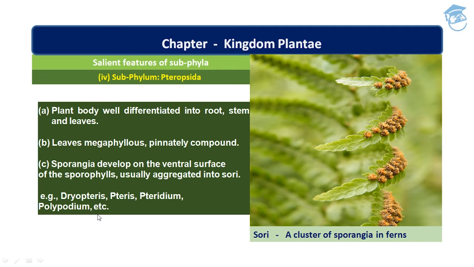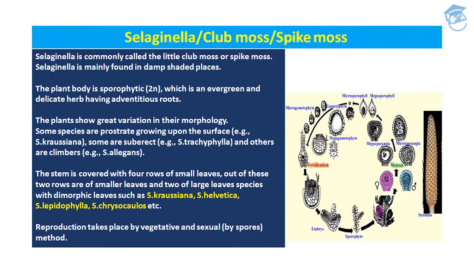Okay, so these four were the subphyla of pteridophytes. Now we'll be studying the club moss in detail. Club moss is also known as Selaginella. It is also called spike moss. Selaginella is commonly called little club moss or spike moss, and it is mainly found in damp